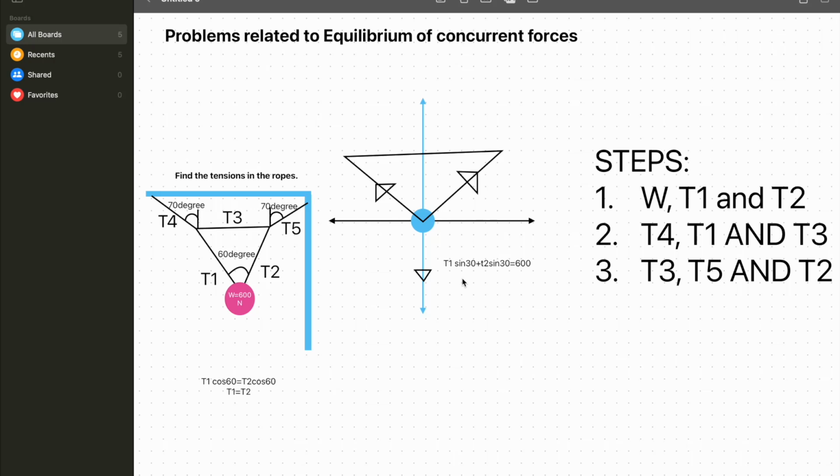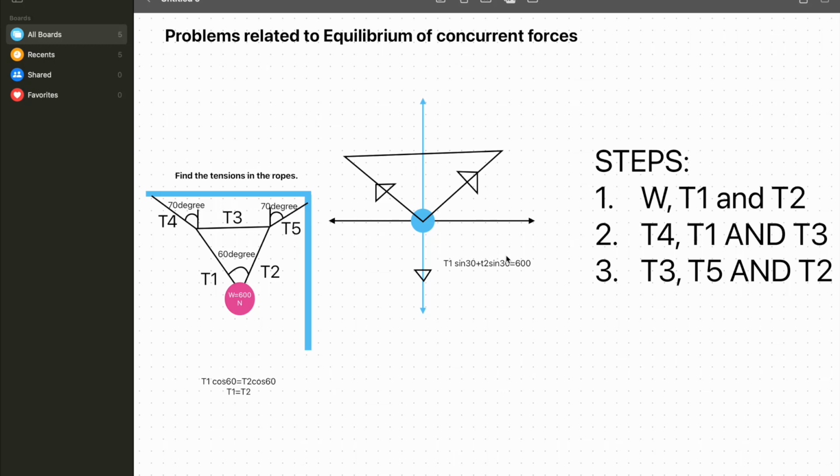And now if we calculate, so it is T1 sine 30, T2 sine 30, 2 T1 sine 30 equals,